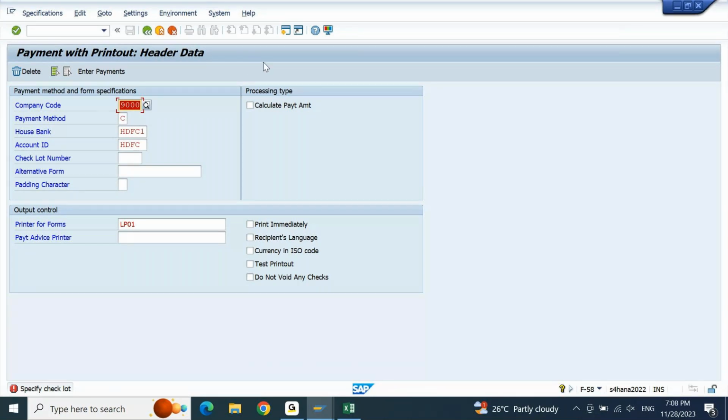Now what I'll do, in order to complete this payment, check lot number is mandatory, because you are talking about payment with printout. If your payment is with printout, for check you have to maintain check lot number. Without it, check payment cannot be processed. So what I'll do is, let us try to create a check lot. To create a check lot, you have another screen,